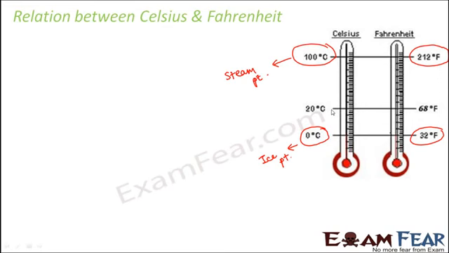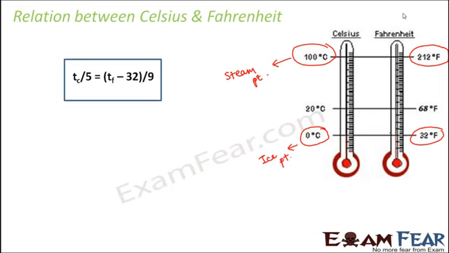So if you want to convert any temperature in Celsius to a temperature in Fahrenheit, how do you do that? There exists a relationship between Celsius and Fahrenheit. That is Tc by 5 is equal to Tf minus 32 by 9. We will not get into the derivation right now, but you can just have a look at this formula. This Tc is nothing but the temperature in Celsius scale, and